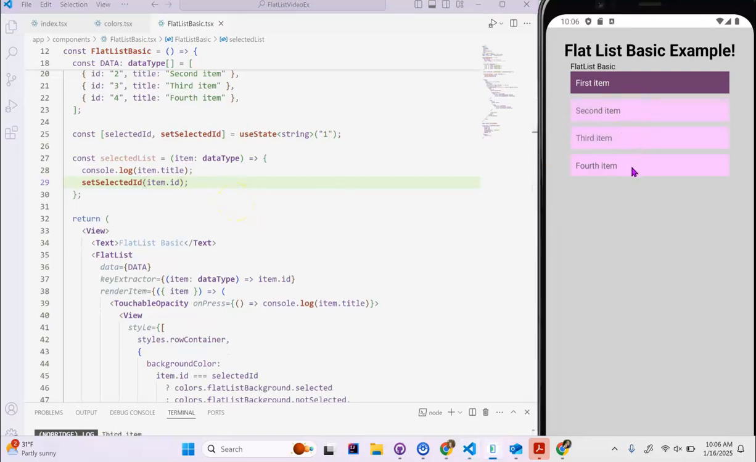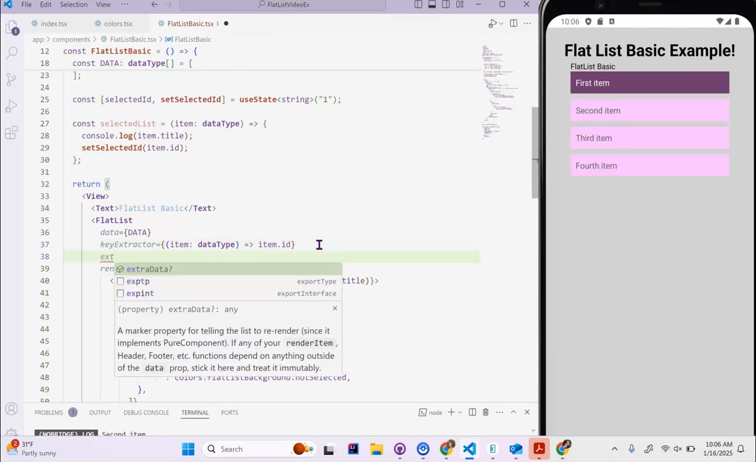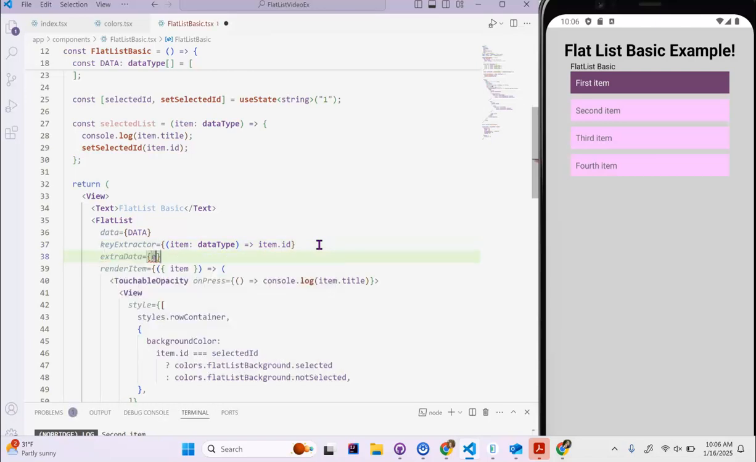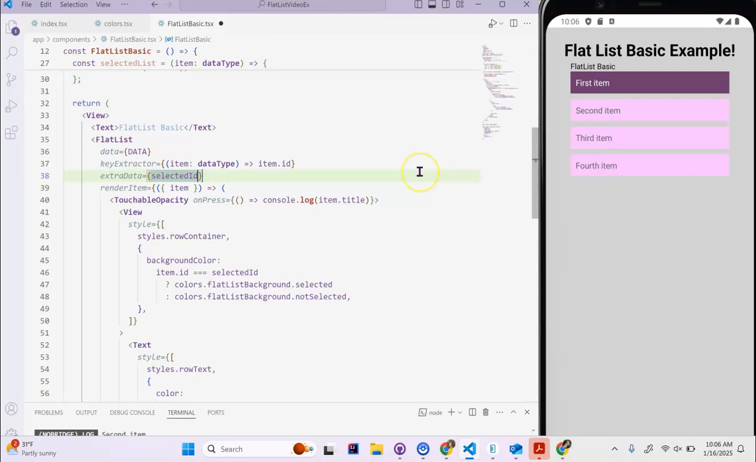So now when I click on it, I'm still not seeing anything change. And the reason why is because I need to add one more attribute to my FlatList. I need to add the property for extraData. Now, you can put these props in any order. I personally like to keep the renderItem one at the very end because the syntax is so much more complicated. So now when I save this and I click on these,